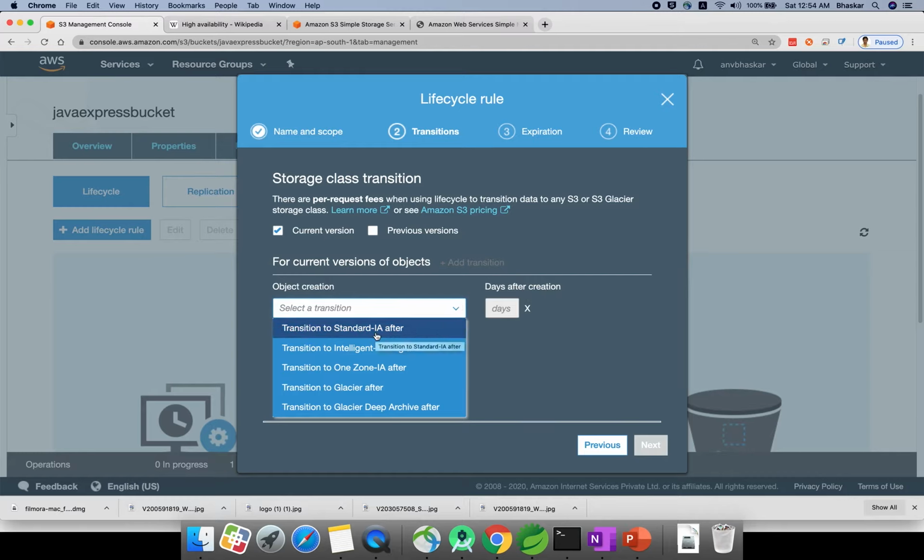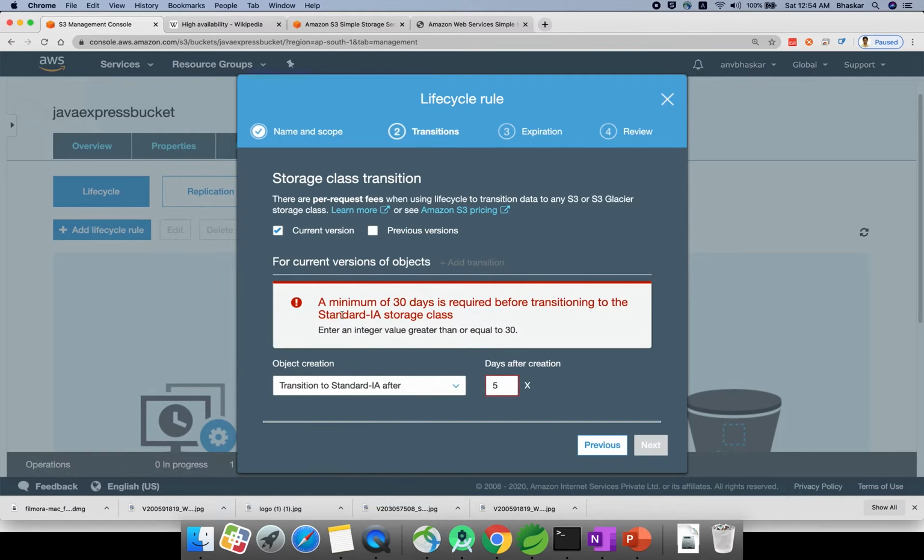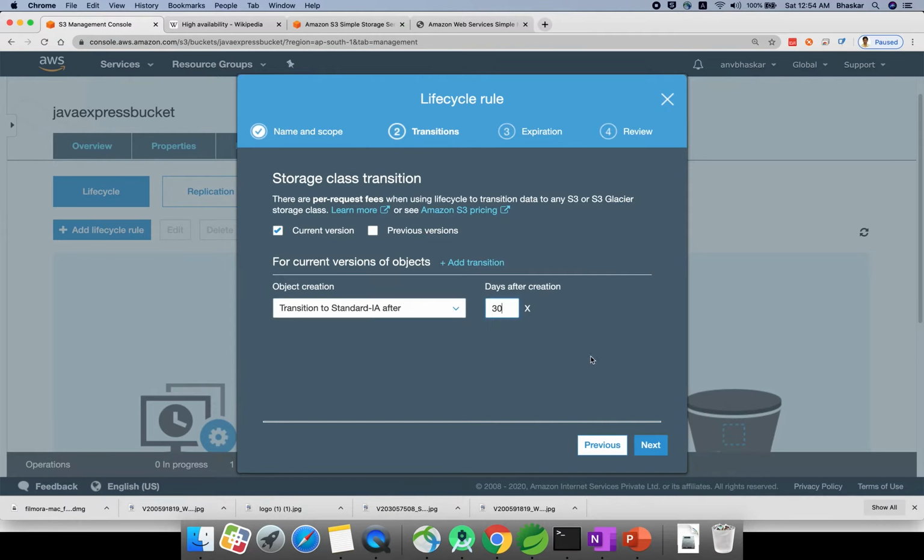Why? Because you should be there in standard, then it will move to after 30 days. This is the minimum. If you give it as 5, it will throw an exception. Minimum 30 days is required before transitioning to standard IA storage, so I gave it as 30. Infrequent access data,